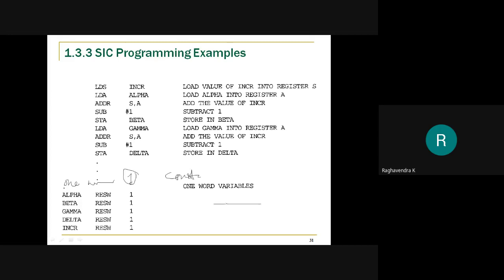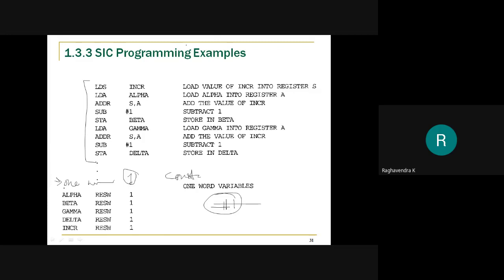Because we know that a constant can be directly supplied in the instruction. I need not declare a variable for it. Right? So now just go through the program and you will see what changes have been implemented.